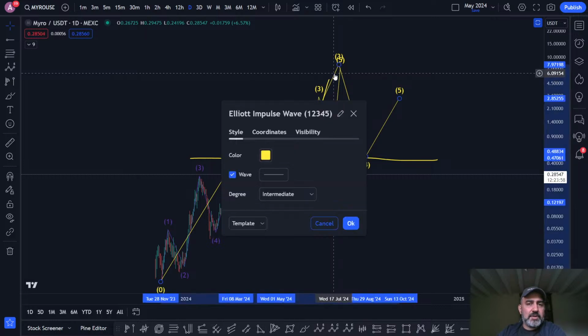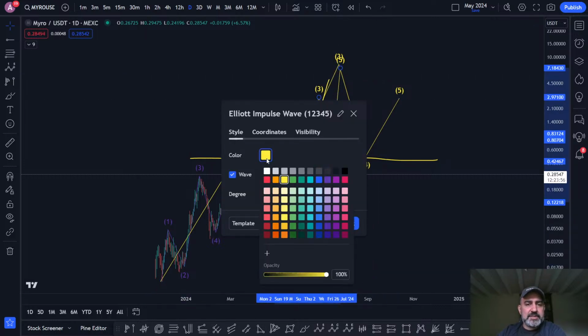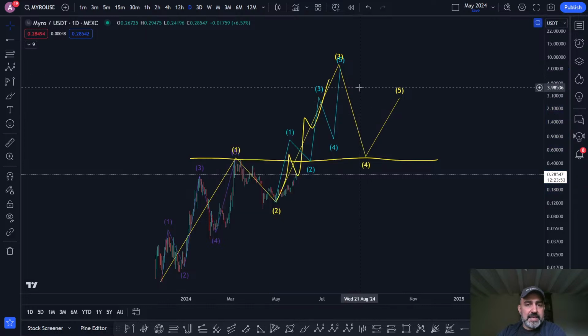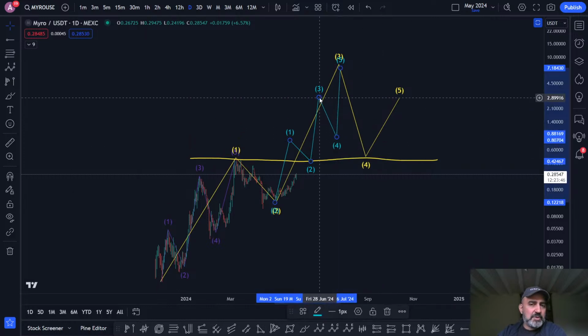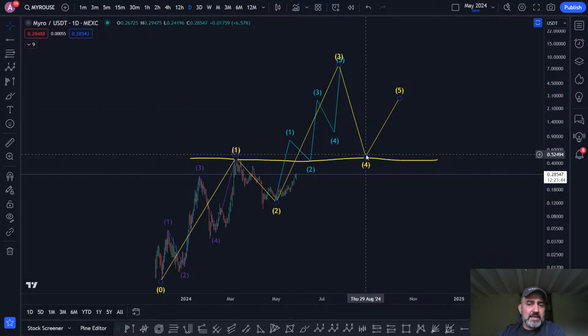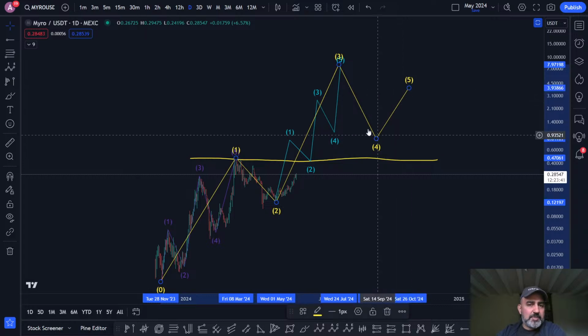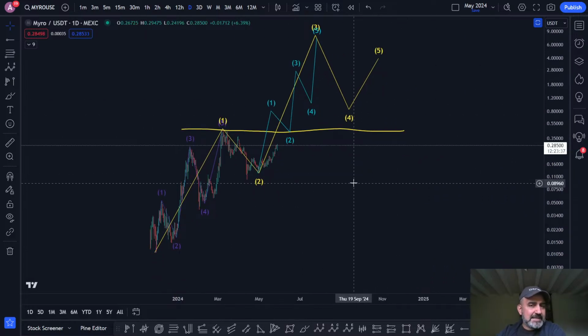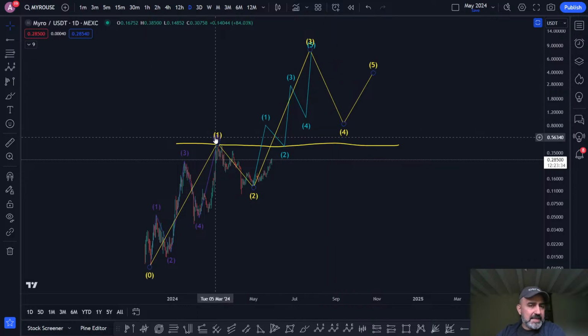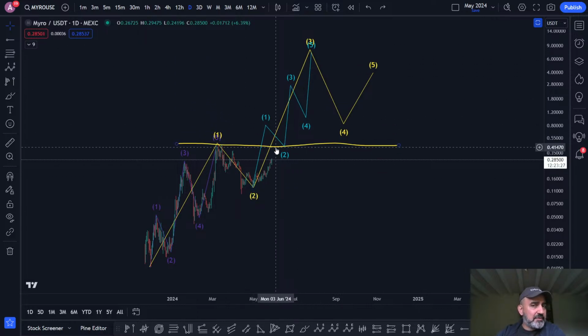And so it's good to change the colors so you can see. I'm just making this up, obviously. This is all speculative, but it gives you an idea of what to expect. Then you have one more correction. That will be your higher time frame 4. Exactly the same rules: the 4 can't come underneath the 1. You've put in a 1 here, right? You've had your 5 waves, your 3 impulsive and 2 corrective waves to take you into higher prices.